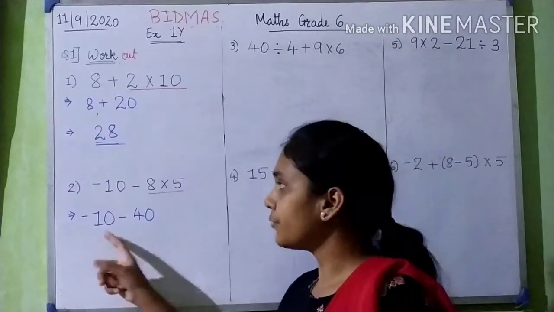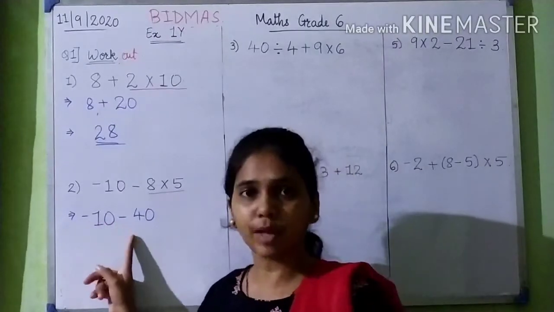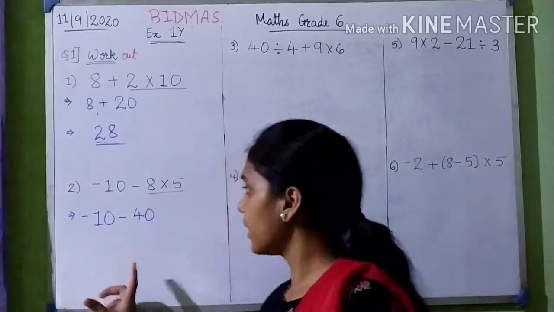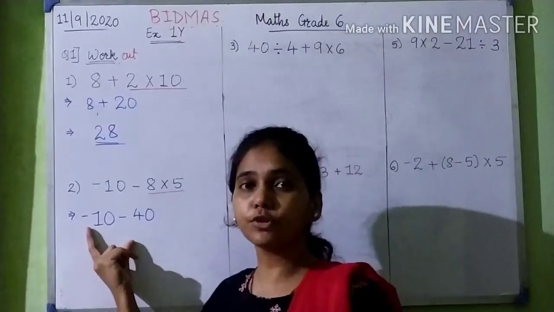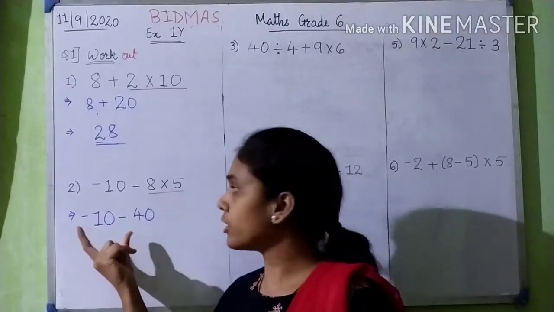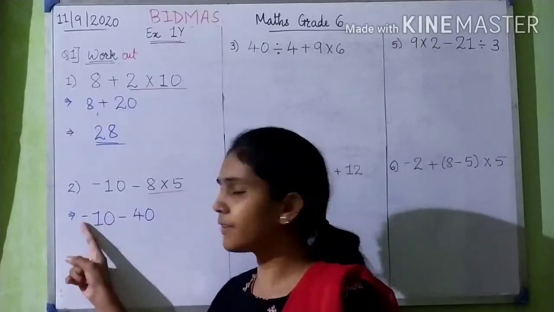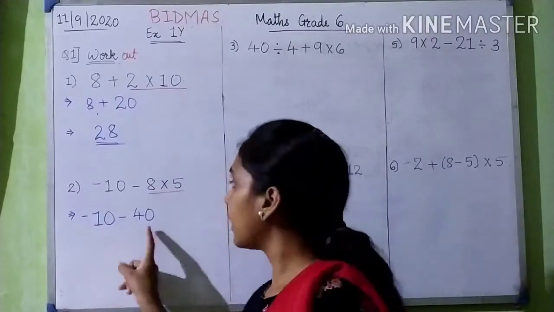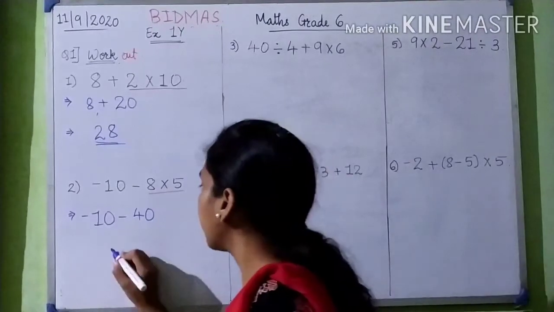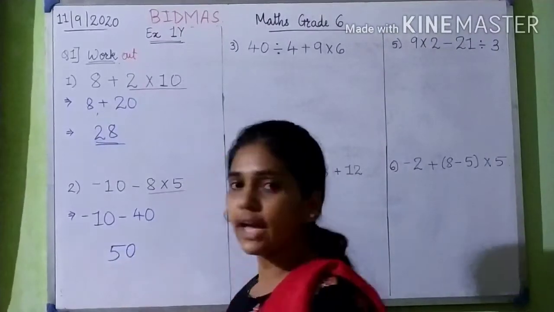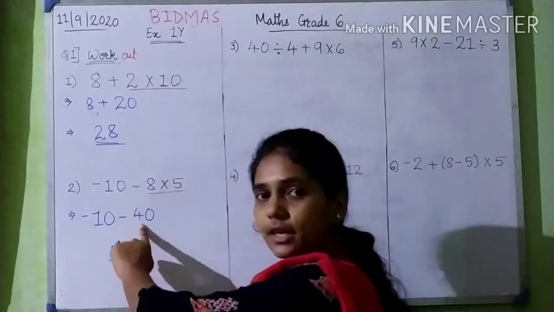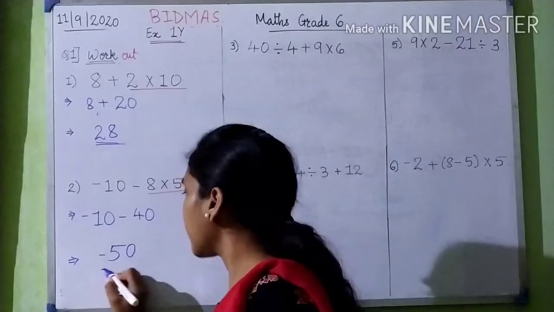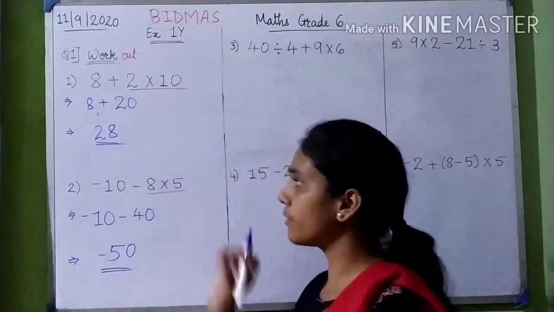We have seen that if there are two negative numbers, according to the sign rule table, we have seen this in the previous exercise, what do we have to do? We have to add them. Why? Because both the numbers are negative. 10 has a negative sign and 40 also has a negative sign. So we have to add them. What is 40 plus 10? 40 plus 10 is 50. So I write 50. And which is the greater number? Greater number is 40. It has a negative sign. So the answer will also have a negative sign. So this is our simplified answer for this given question.